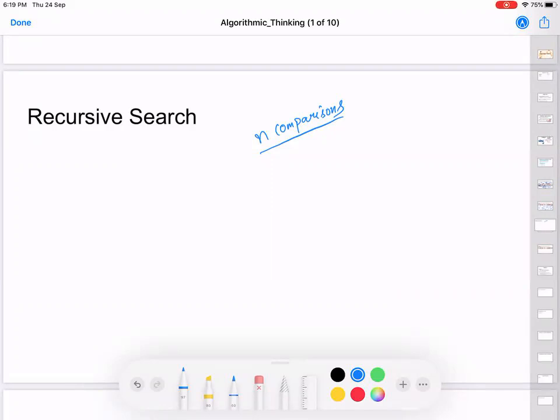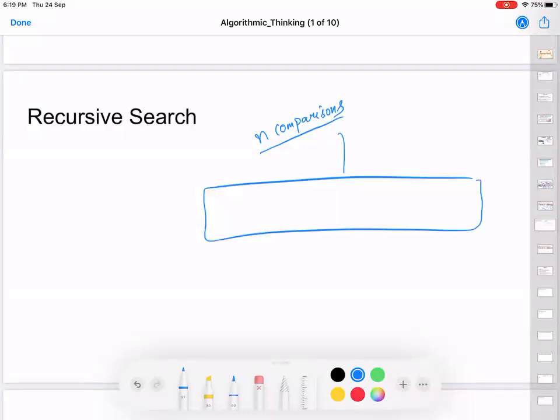Again, I'm too lazy to do this. I don't want to search on my own. What I'll do, this is the array you have given me. I'm going to divide this array into half, and I'll give this one to the person on the left of me, and this one to the person on the right of me. And I'll ask them, search this element in the array and tell me whether you find it or not. So I have divided my work in chunks of half and half and distributed it to these two people.